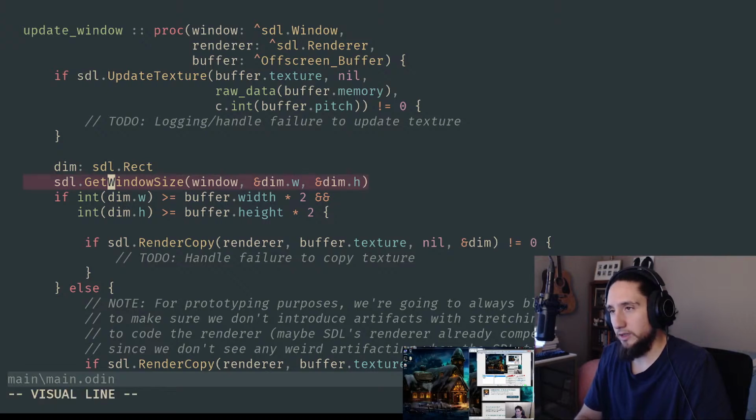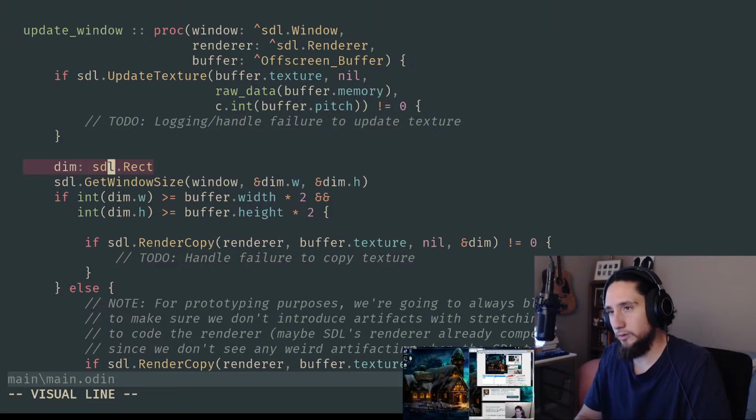Get window size gets the actual dimensions of the window, right? I was kind of blending these two together in one window dimension struct, and I just decided that that was bad, and wrapping these calls into one that gets stored in some struct that I'm defining myself just doesn't need to be done. So now I'm just using STL's rect struct